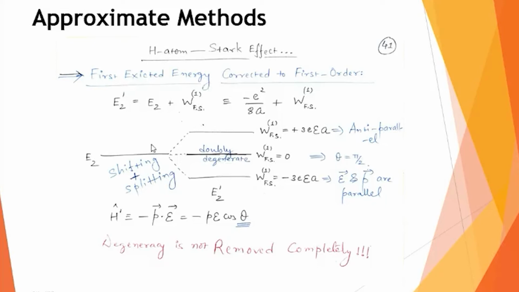So this is how you can compute even the first excited state energies when corrected to first order by applying an electric field. What is the common feature that we observed is that it is not just that the energy levels are shifting, raising above or below. Along with the shifting, the splitting is also taking place. And splitting means that degeneracy is removed. So this is what we call the linear Stark effect, where the electric field is not very large. So polarizability is directly proportional to the electric field.